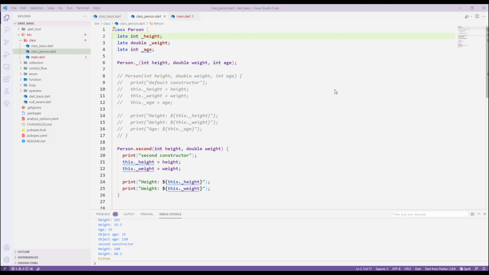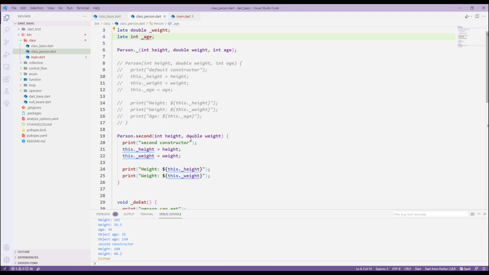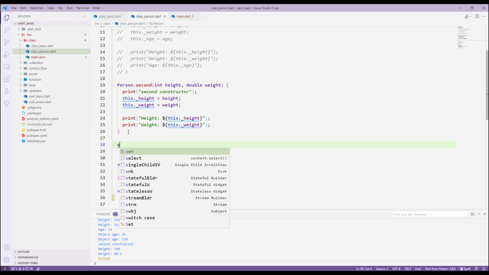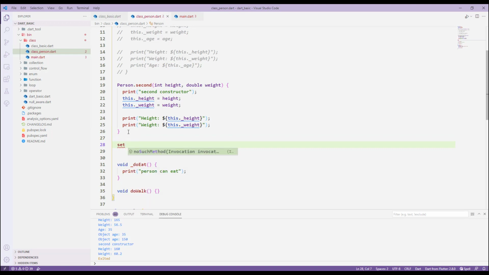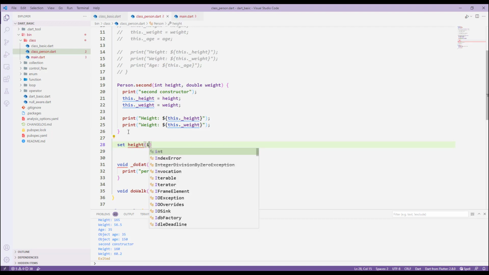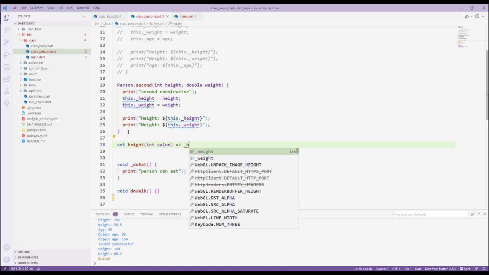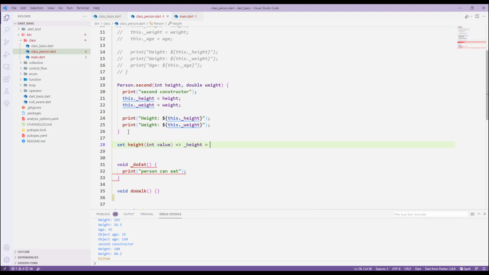Let us try to understand the getter and the setter in the Dart programming language. And what we will do now is we will create a getter and the setter for these three properties that we have. So I'll just go over here, and if I want to create a setter, I can just say set, and I need to set a height first of all, and I need to take some parameters. So it should be of an int, and I will take a value over here, and then I will use an arrow function over here and underscore height, which is equal to